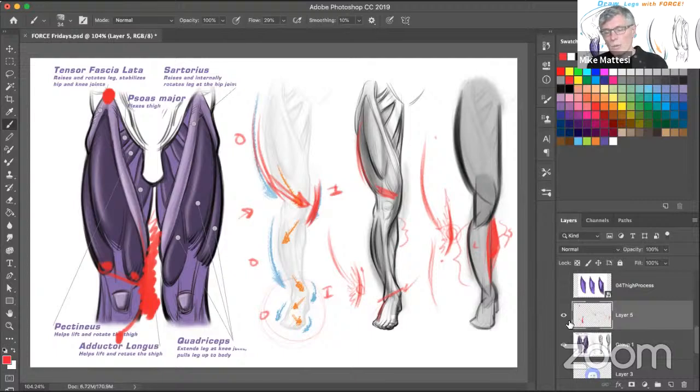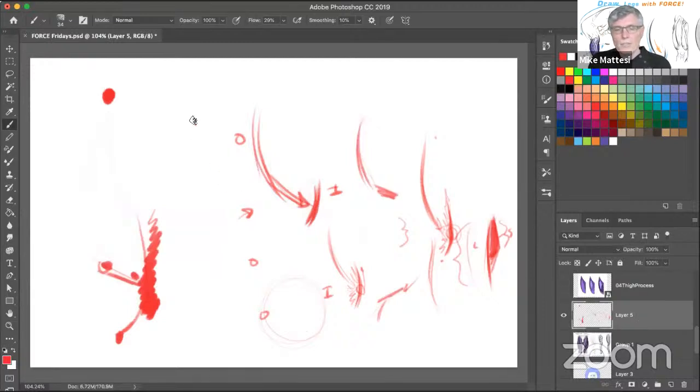Now, that means, by the way, if the leg gets bent, it's still the same thing. So if all of a sudden the knee is coming out towards you in perspective, we have foreshortening. Let's say here's the knee, all right? Let's get rid of the smoothing on this brush here. Here's the knee. Let's say here's the hip and here's the ankle, right? So here's like the tube. I'm just going to draw tubes for a second for you to see. This is the space that we're dealing with, right? Force is still going to go outside thigh, inside knee, and then outside calf, right? You'll have more overlapping, as you can see here, because of the perspective, but there it goes, right? And now I'm inside the ankle,